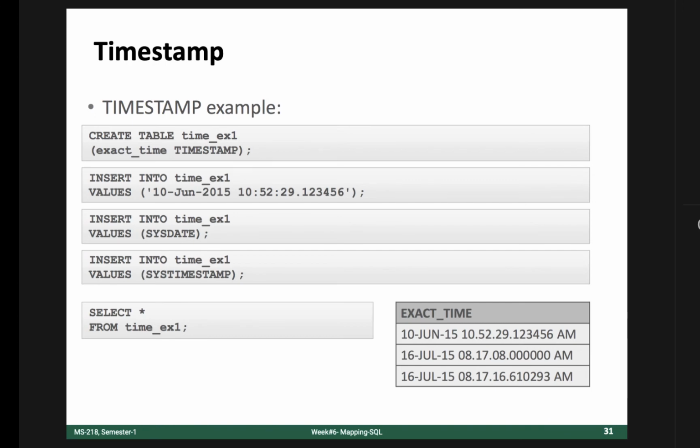And then there is another query part in which we can simply update our data. So just remember that when you have to talk about a particular table, you have to remember its name, right? You have to call it by name. So select star from table name, okay? Update or similarly insert. You can see this table name is time example 1, and we are using this table name as a reference for inserting a new record or selecting some records from the table. So table name is important, right? And here this star means all attributes.